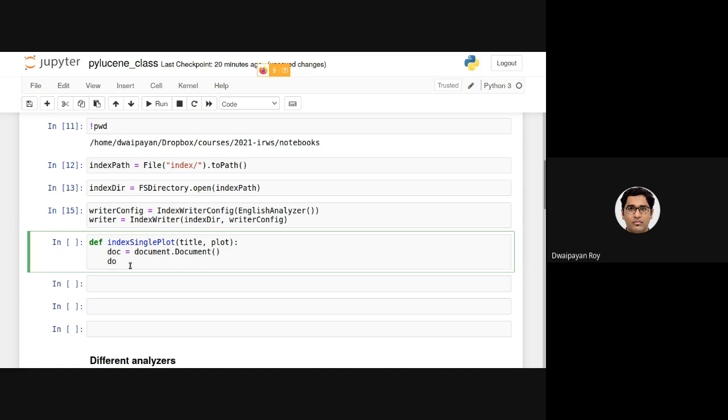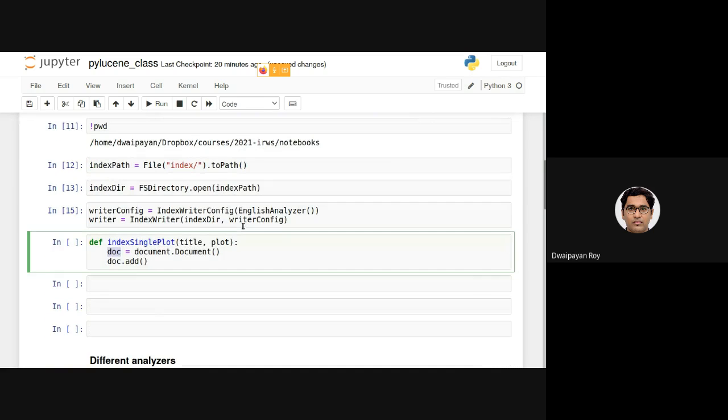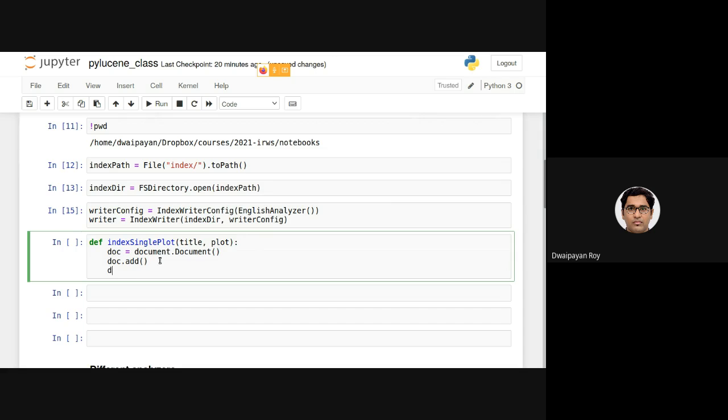What we will be doing next is adding different fields inside this Lucene document. Note that this is the Lucene document, Lucene understandable document, which is defined here. I have initialized one object here. Now, for each of the fields, I will be calling this doc.add function. And inside I will be providing the field,